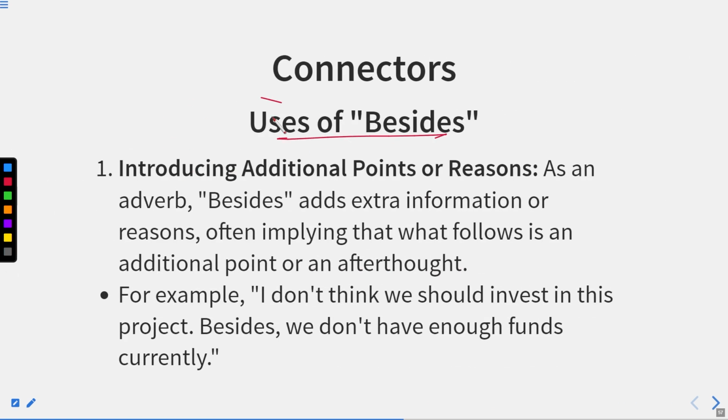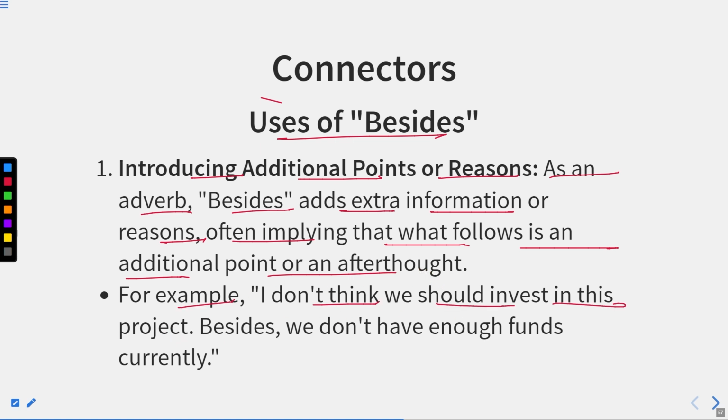Now, uses of besides. Let us discuss the uses of besides. Introducing additional points or reasons. As an adverb, besides adds extra information or reasons, often implying that what follows is an additional point or an afterthought. For example, I don't think we should invest in this project. Besides, we don't have enough funds currently. Okay,